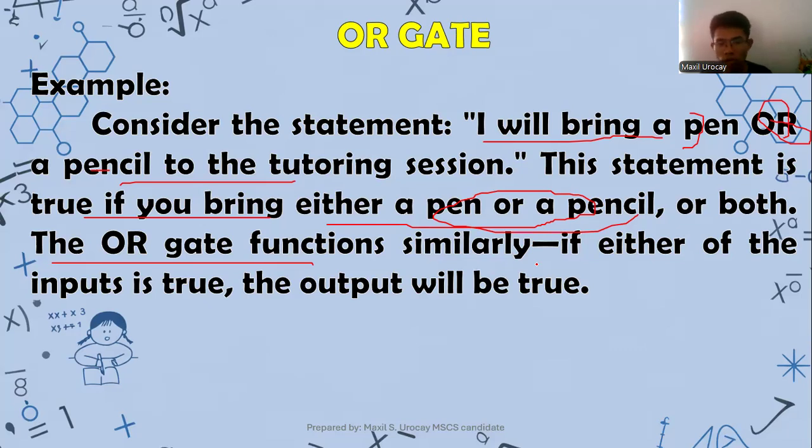So let's continue with the OR gate, as I mentioned earlier, that it is focusing on at least one of the statements being true. If the first statement or the second statement is true, everything will return true. If it is true and true, it will still be true, from the words at least one. So for the illustration about this one,